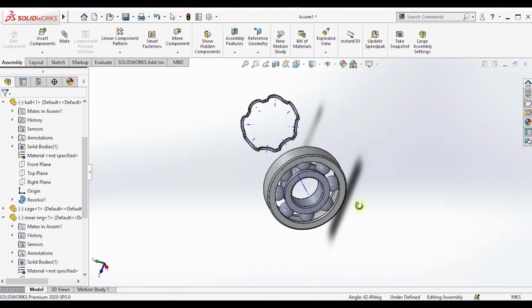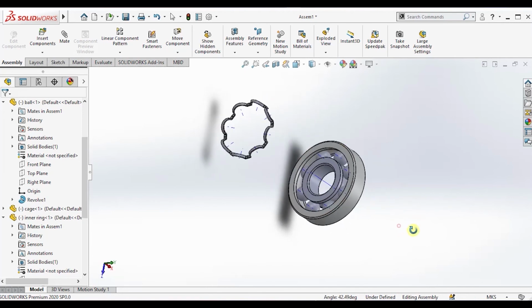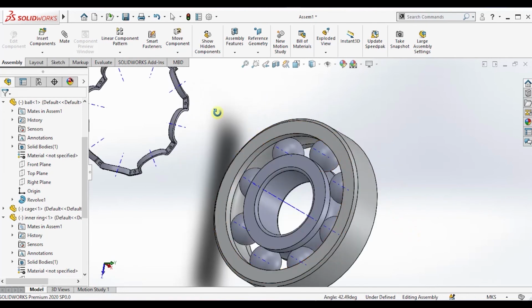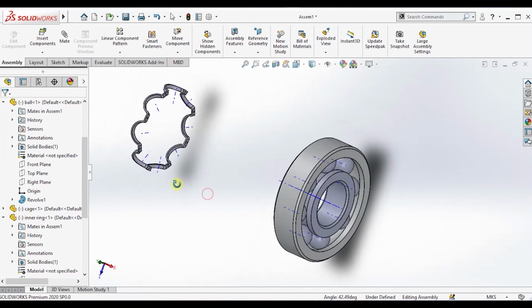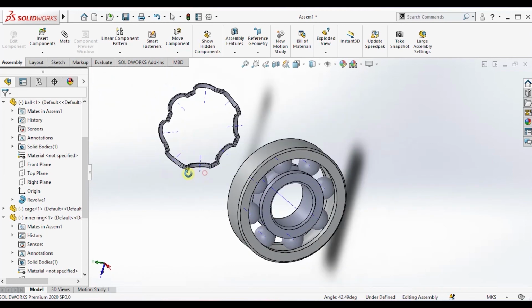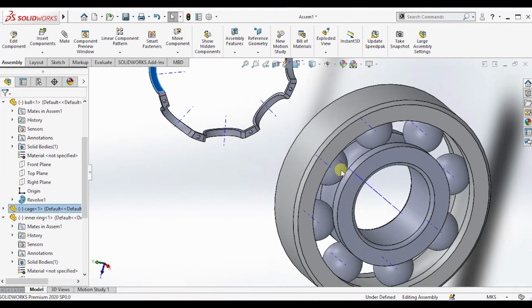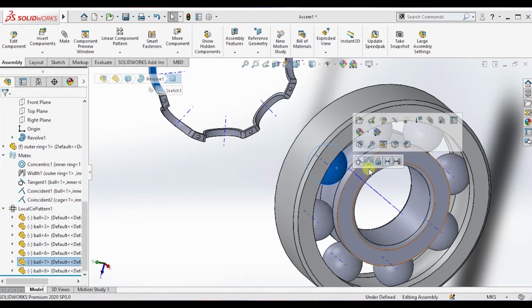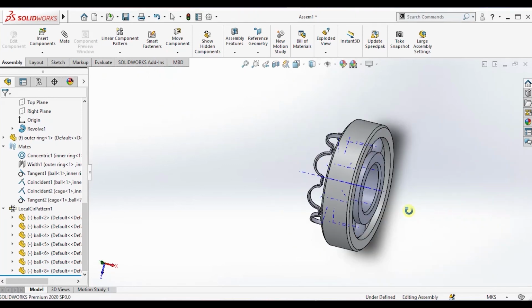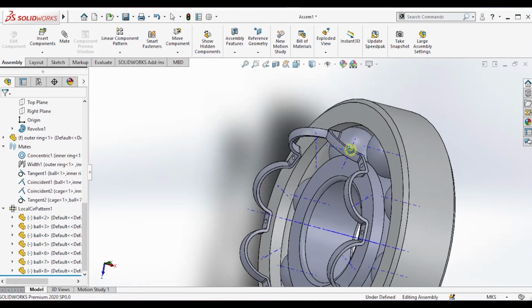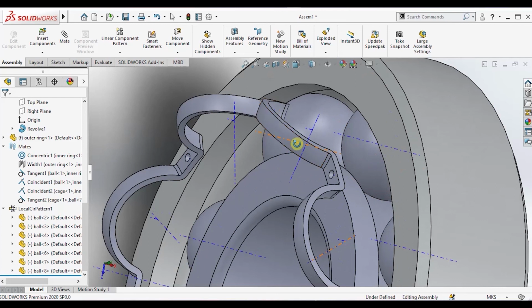The next thing we have to do is attach the cage with the balls. For that, we will select this face of the cage, press and hold the control key and then select this ball. Then you can see that there are many mates appearing. First one is tangent and then concentric. Here we will apply a tangent mate between those two. So click on that. Now you can see that the mate is applied, but still the cage is not touching